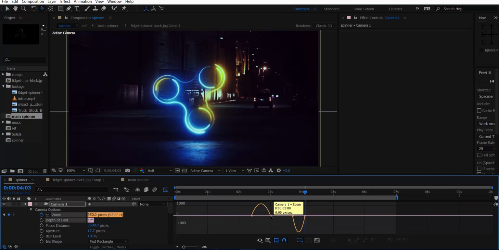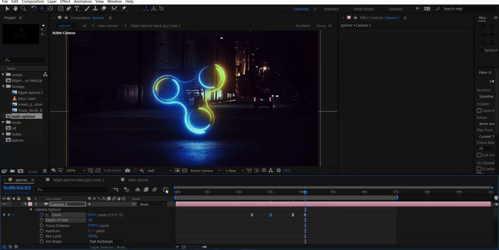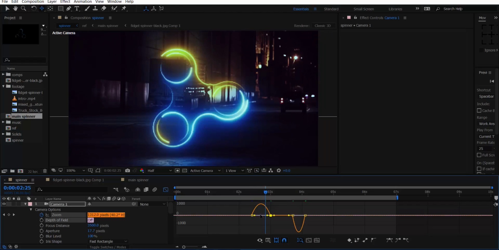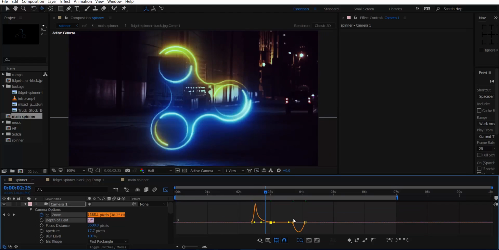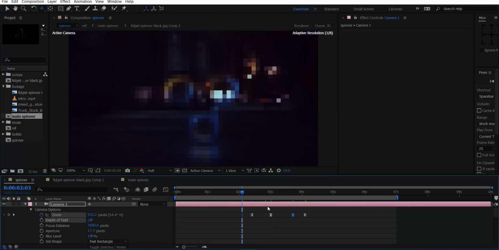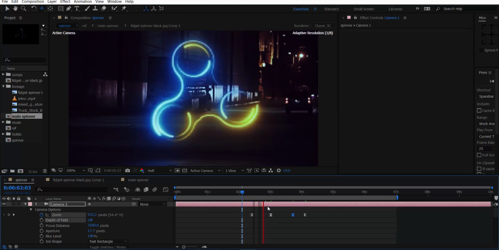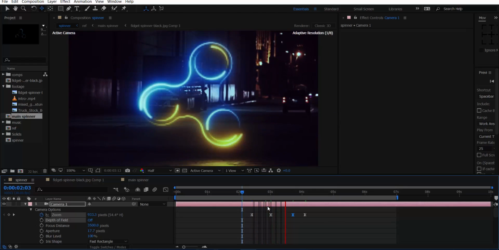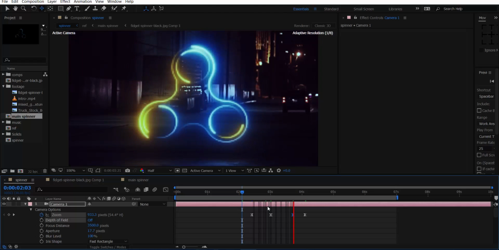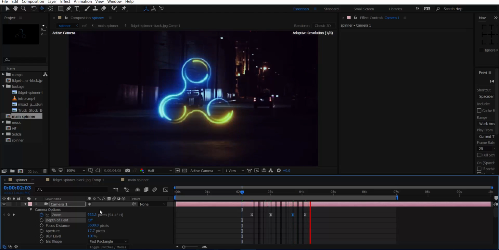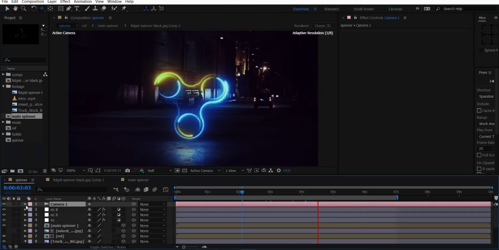Go to the graph editor and let's see this. Alright, so our tutorial is finished,